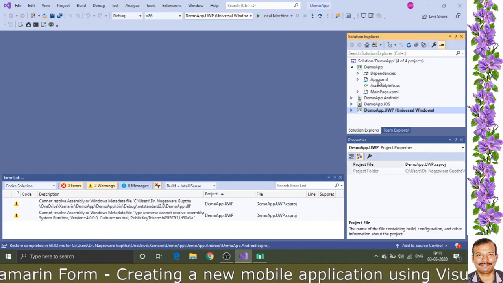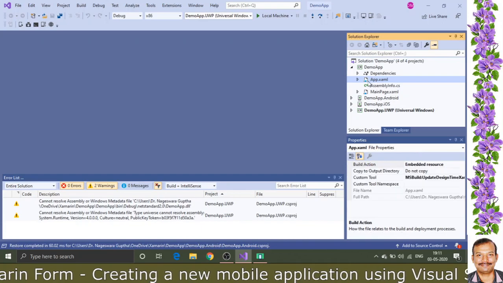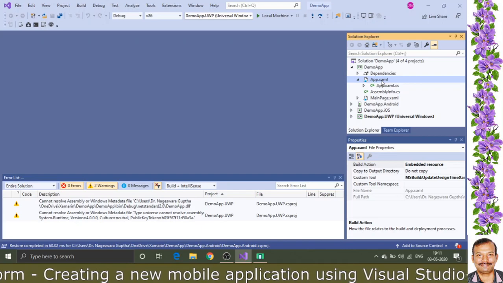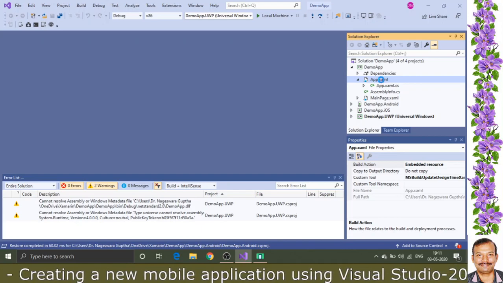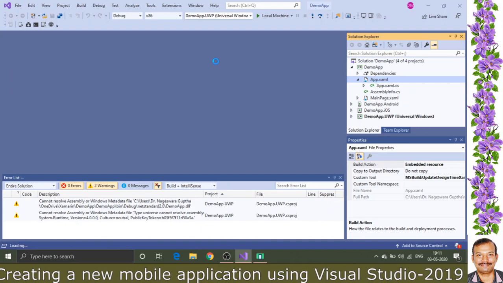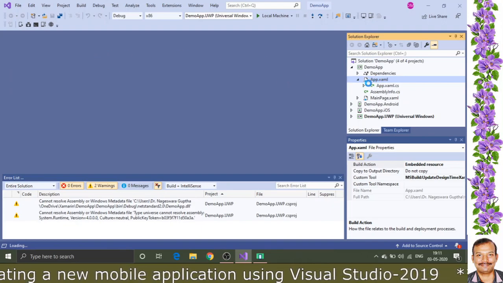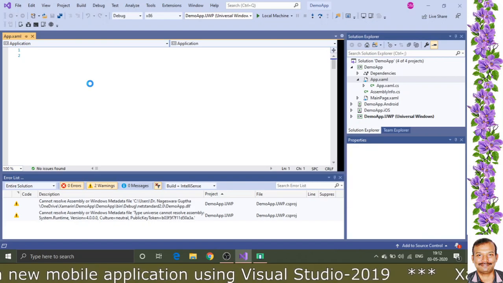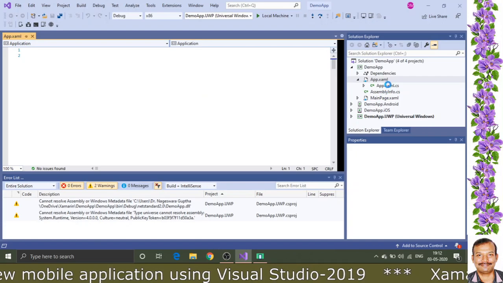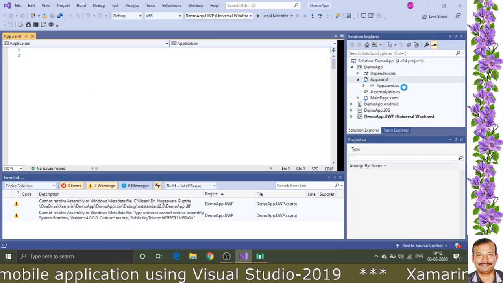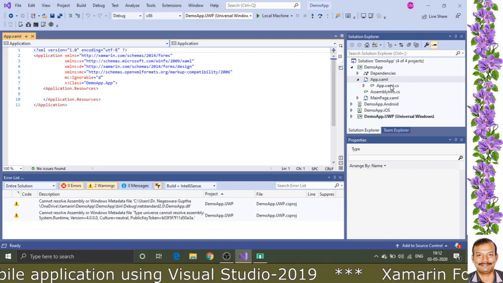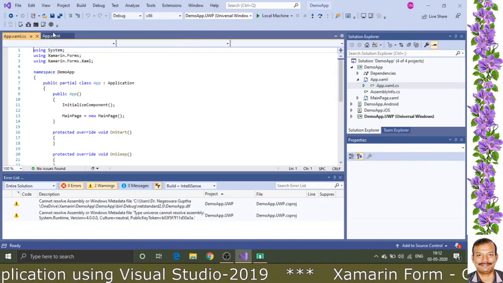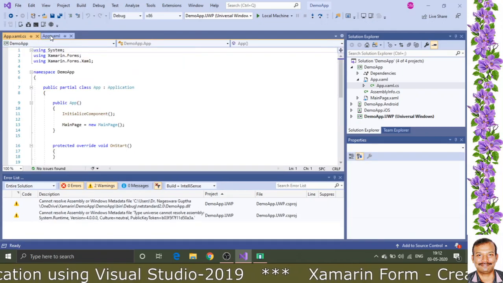Initially I am going to discuss app.xaml. App.xaml is one particular extended application markup language file in which you will be having some descriptions. So we are opening that particular file, it will open, which will give you the details of it. And similarly there is one more file which is a C# file. The complete backend programming we will be doing in this particular CS file. So these 2 files are related to the application which we will be having.